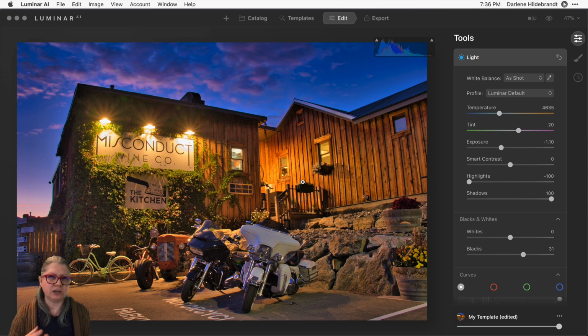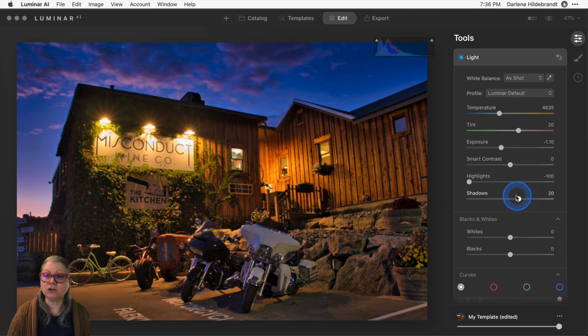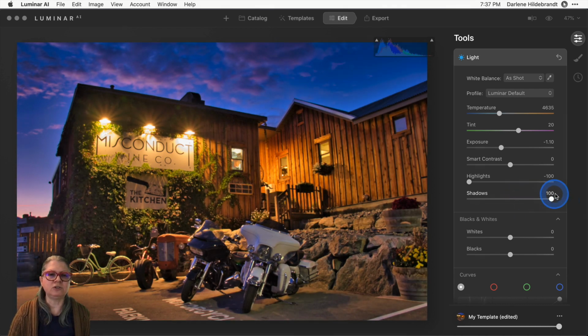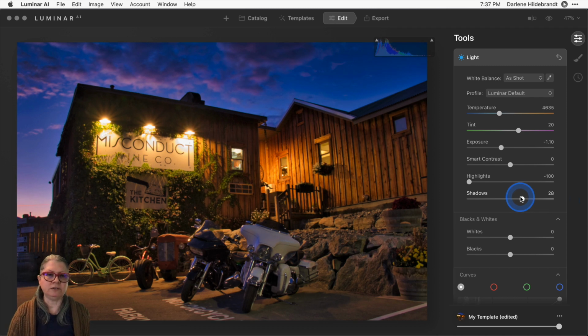So logically, your brain isn't going to register that correctly. So when you are adjusting things and correcting for shadows and highlights in a contrasty image like this one, make sure that you don't completely remove the shadows. Okay? Shadows are your friend. And you want to have shadows in your image because it creates more depth and dimension. So the goal here is detail, but not removal of the shadows.